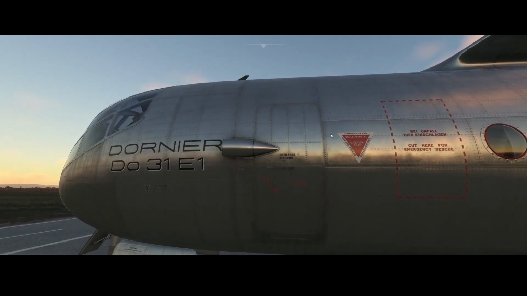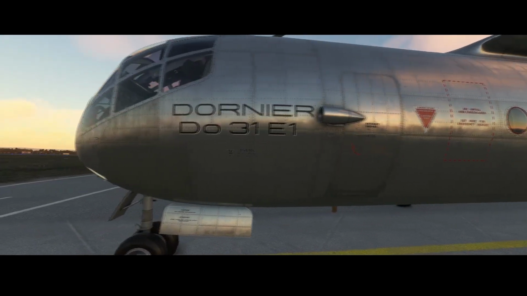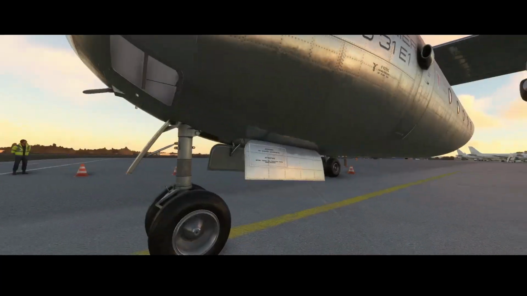So on the front, we can see the door, right? Eingang, entrance. So they've been friendly, right? Both English and German. And here we can see some more detail, right? So scrolling down, we can see the